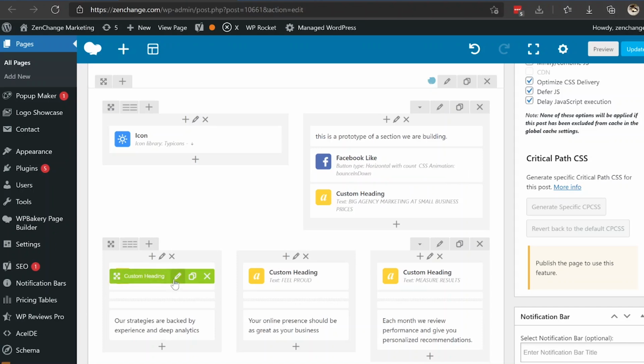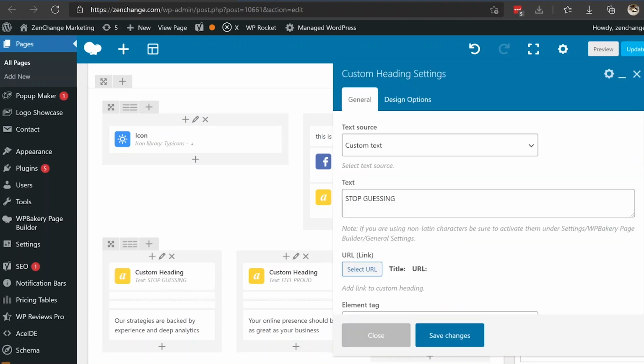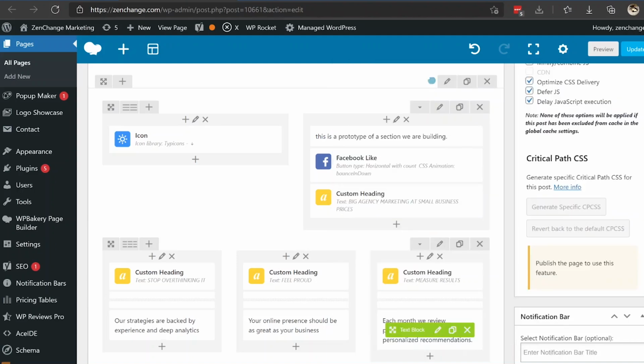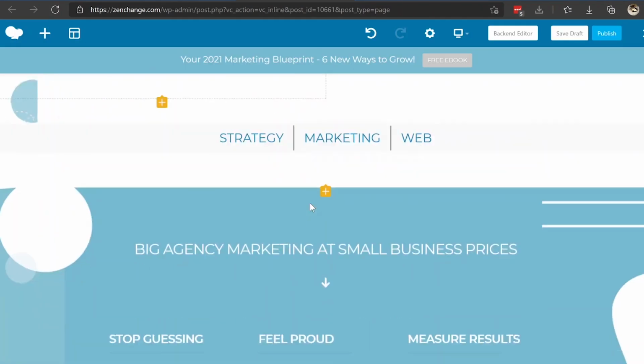All this information you can change. You just click on the pencil icon. Stop guessing. Okay, sure. Maybe we don't want to say stop guessing. Stop overthinking it. Go ahead and make the changes to that one. Or if I wanted to, on the visual editor,